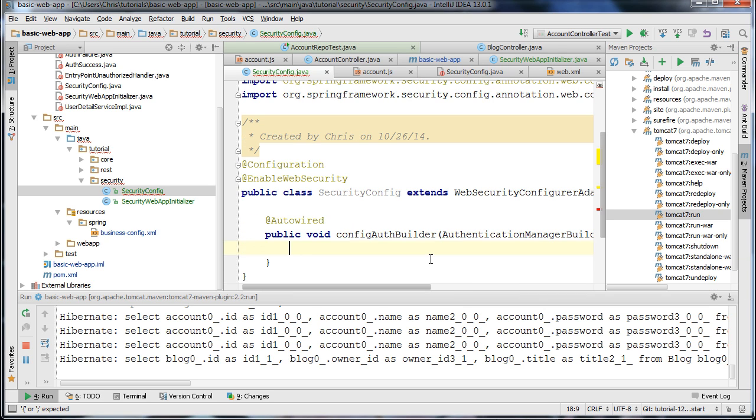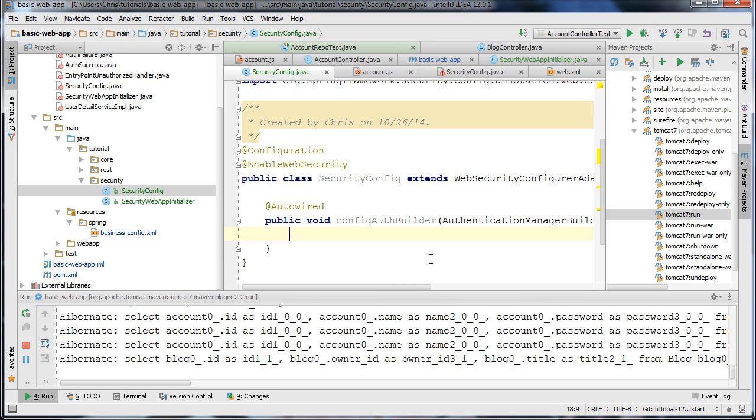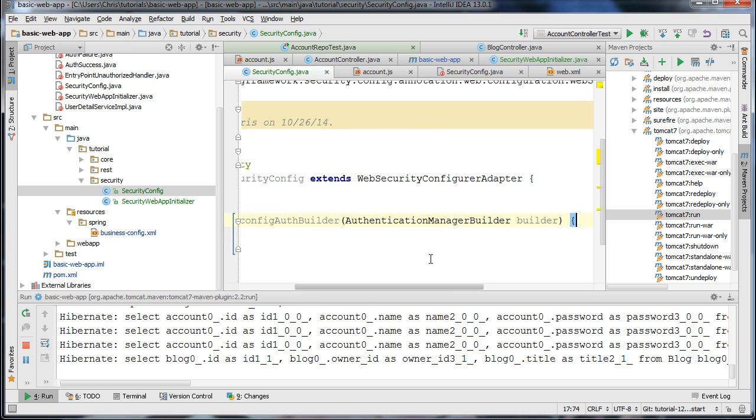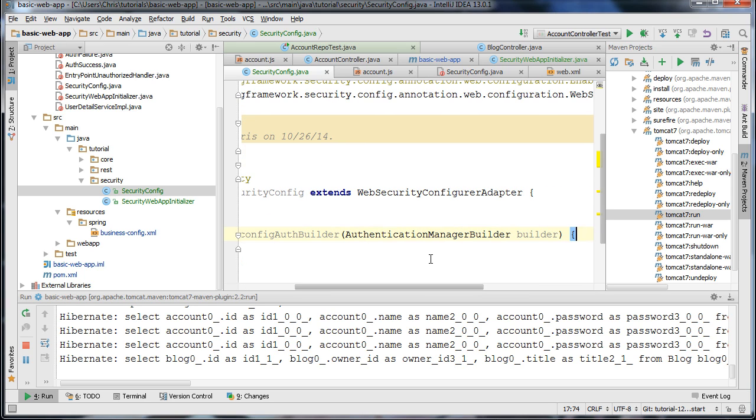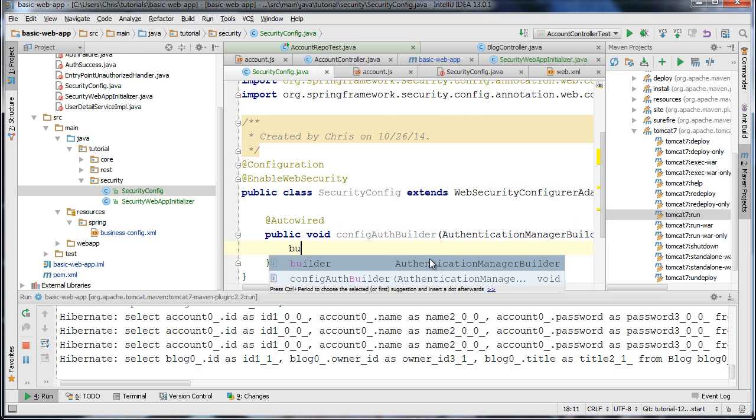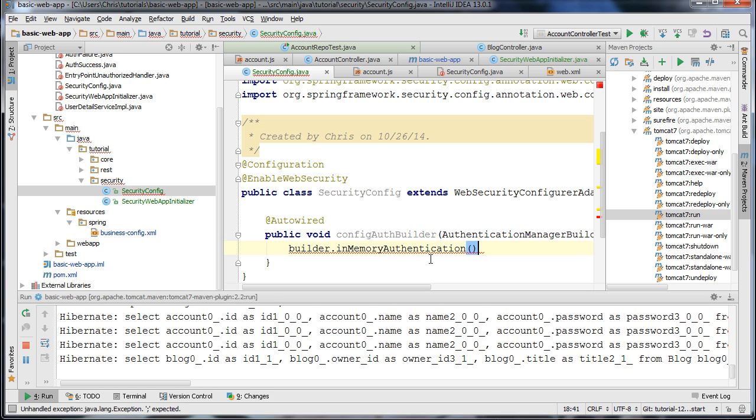And this is a class that lets us set up user login. So we can set up users from our database. We can use the adapter pattern so that we can take users from our database and convert them to Spring Security users, so that during the login process it uses our username and password of the users from our database. But for now, we're just going to add an in-memory authentication scheme